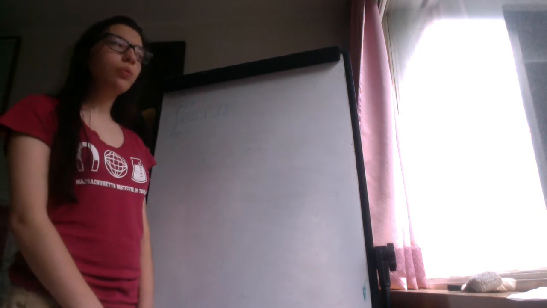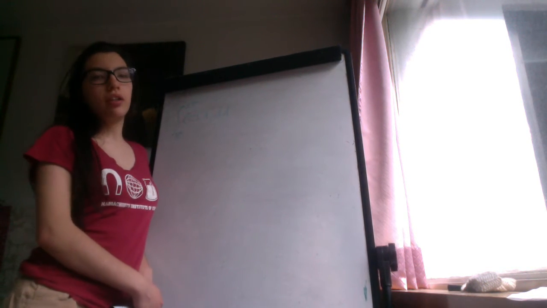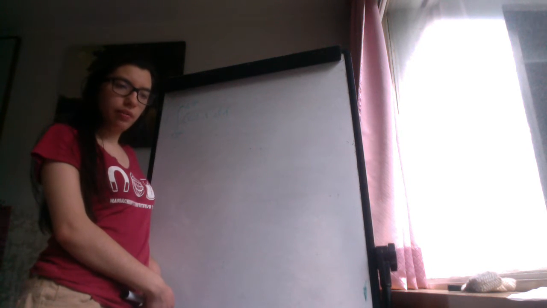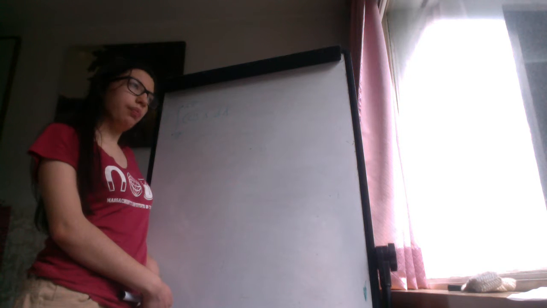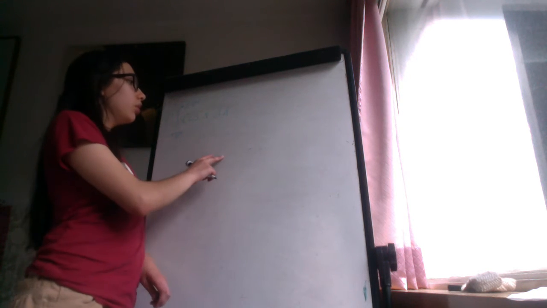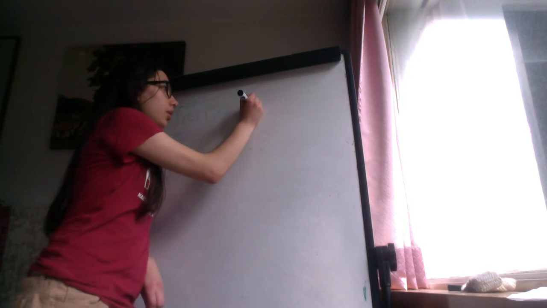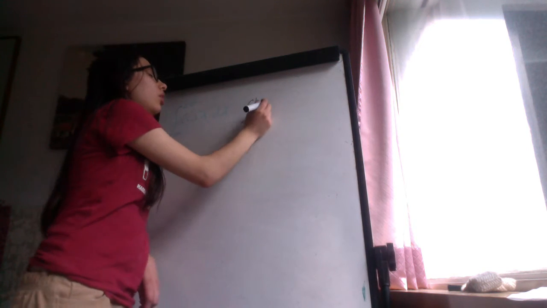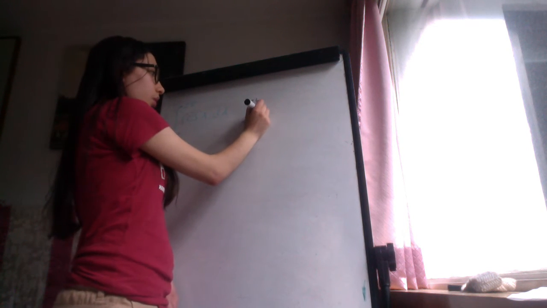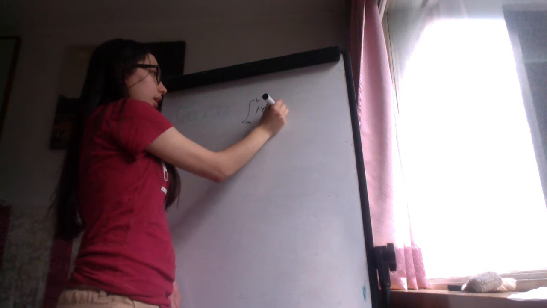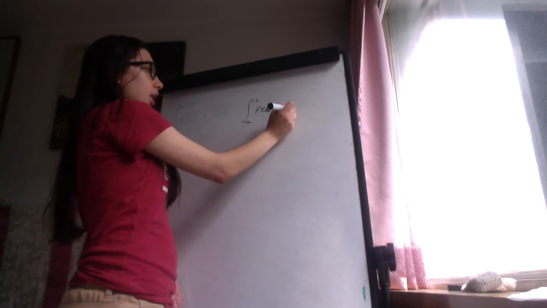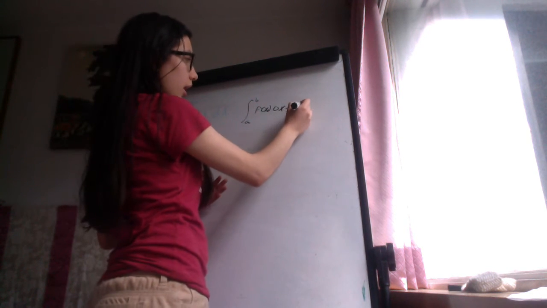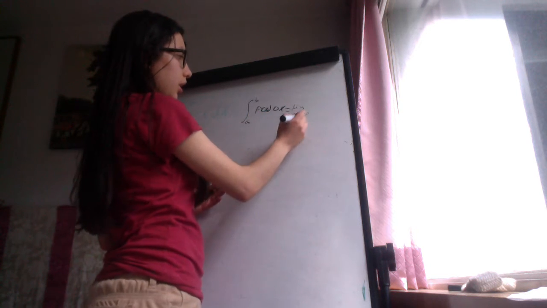In the previous video, we rewrote the definite integral as a right Riemann summation. Now we will rewrite a definite integral as a left Riemann summation. So again, we have the integral from a to b of a function f of x dx, which is the same as the limit as n approaches infinity